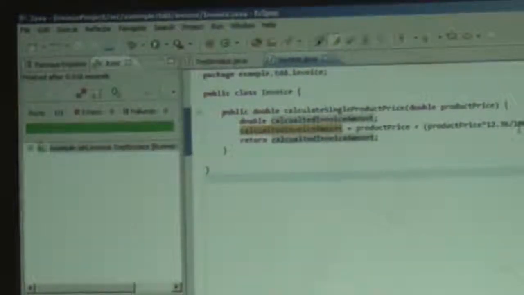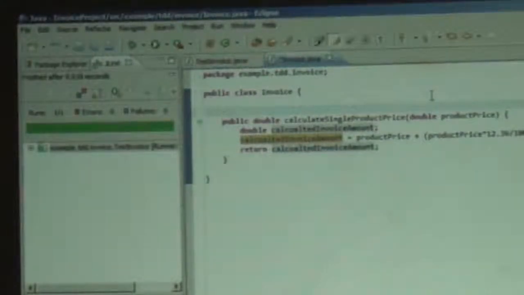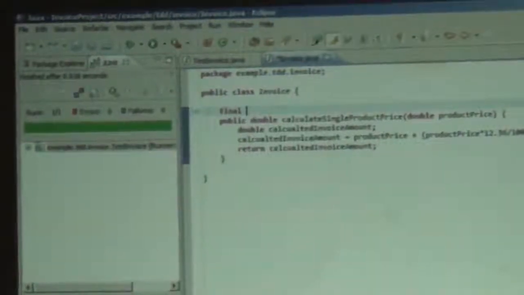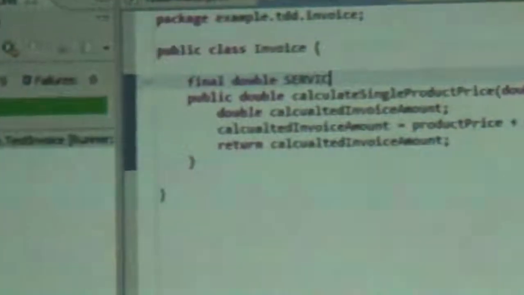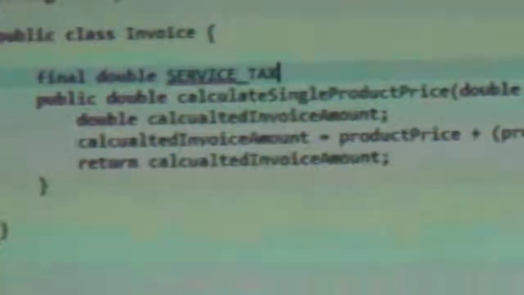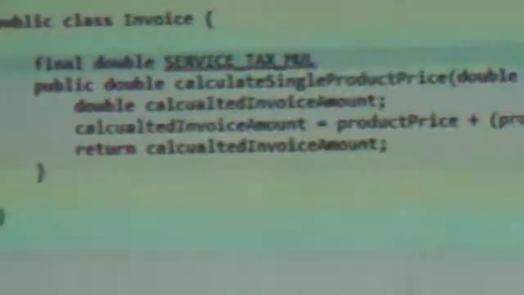Why should I put a value inside the function? I should do something else. What I should do is create a constant. So let's have a final variable, say double, which talks about service tax multiplier.